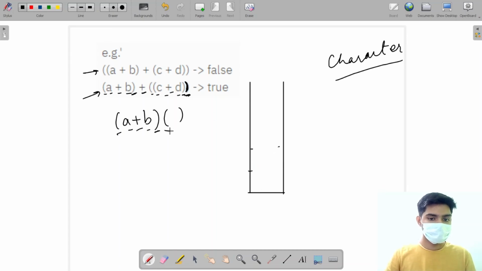Now I have an opening bracket. I'm going to push this opening bracket, and now I have a closing bracket. And I see that at the top of the stack there is already an opening bracket, which means that there was nothing to pop. So I can just say that it has duplicate brackets. So I'm just going to return true from here. Okay, so let's write a pseudocode for this.